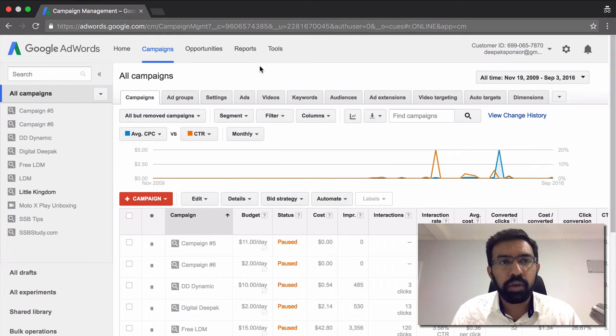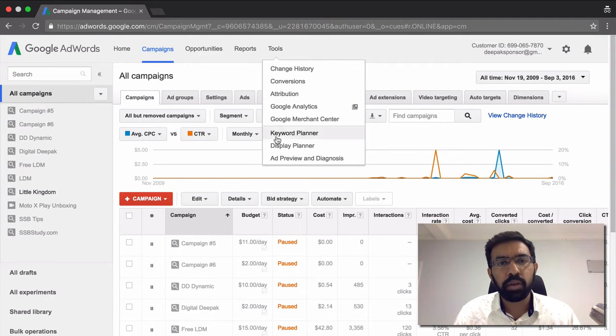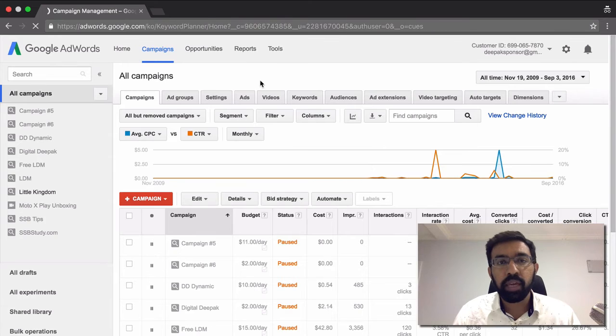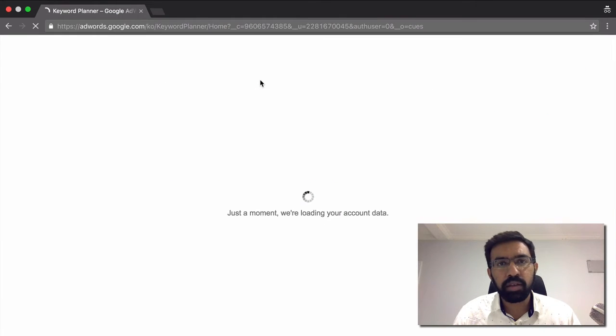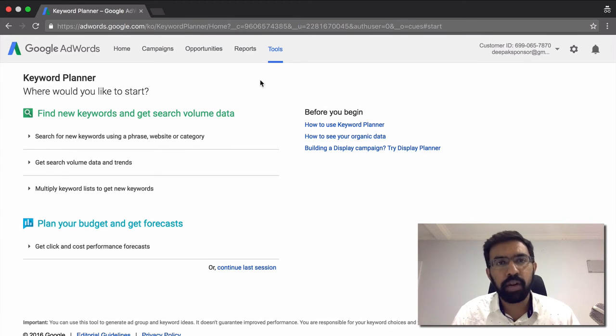So the first keyword tool that we were discussing is the Google AdWords Keyword Planner. This is basically available in the tools section. Keyword Planner in AdWords cannot be accessed if you don't have an AdWords account. So as we had already discussed, you should have an AdWords account for learning AdWords and also for using this Keyword Planner.